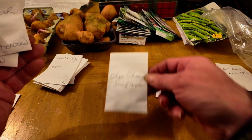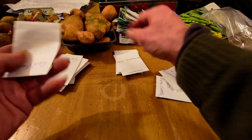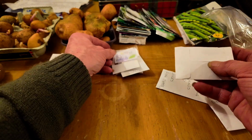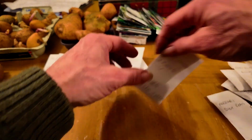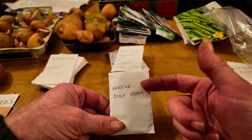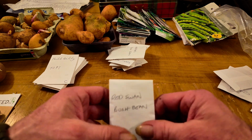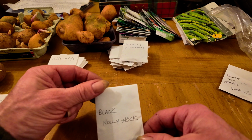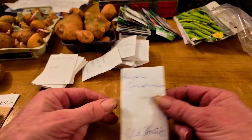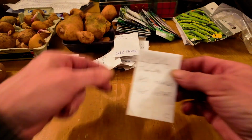a Choc Cherry sunflower, and she was very kind enough to send Meadow purple sunflower, pink sunflower, some red marigolds, some Salvia hispanica chia, rattlesnake pole beans, yard long beans, two kinds, 24-hour soaking trays, Ferrari bush bean, they are nice as well, almost as good as Bill and Val's pongos. Red swan bush beans, I've never tried them, so I'm excited this year to grow these seeds. Black hollyhock, black trail of tears, purple delphinium, and there's loads of seeds in there, and it says cold stratify on those,